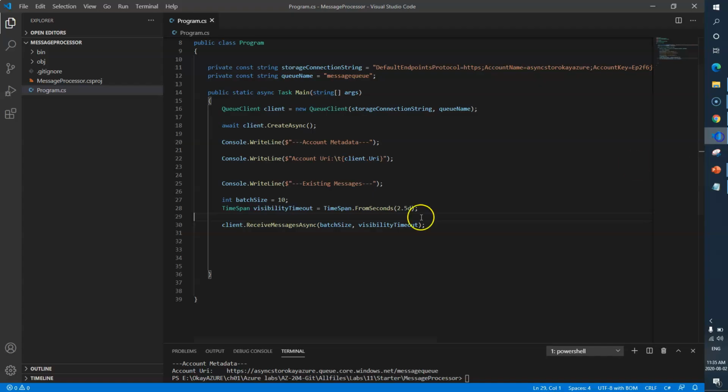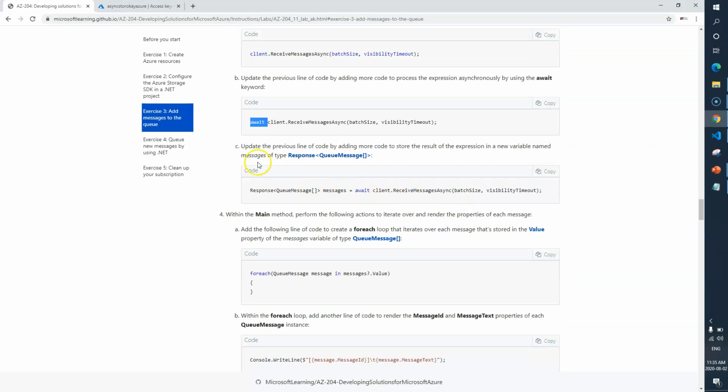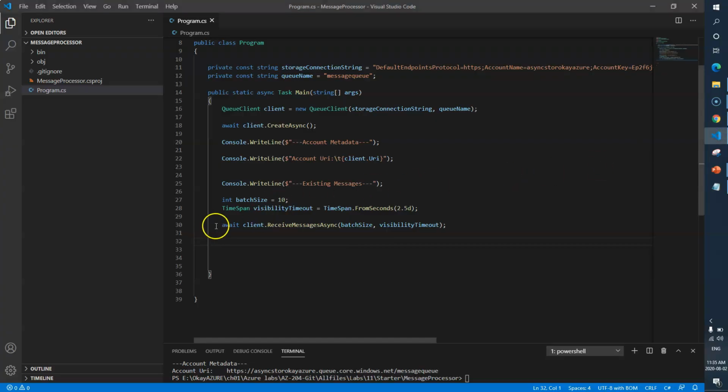Okay, let me just do that. So now this piece of code will run asynchronously. Now update the previous line of code by adding more code to store the result of the expression. If you see here, this will retrieve the messages, so we are going to store all those messages in an array. Okay, let me just update the code here. So we are done here.